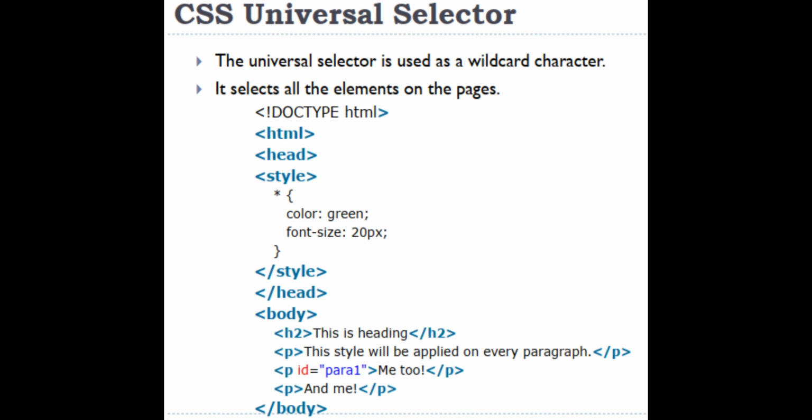<!DOCTYPE html><html><head><style>* {color: green; font-size: 20px;}</style></head><body><h2>This heading</h2><p>The style will be applied on every paragraph.</p><p id="para1">Me too,</p><p>and me.</p></body></html>